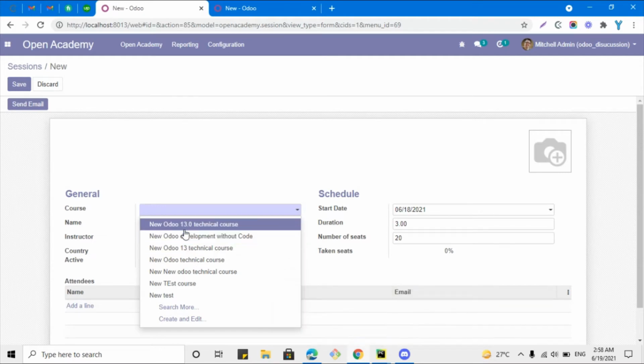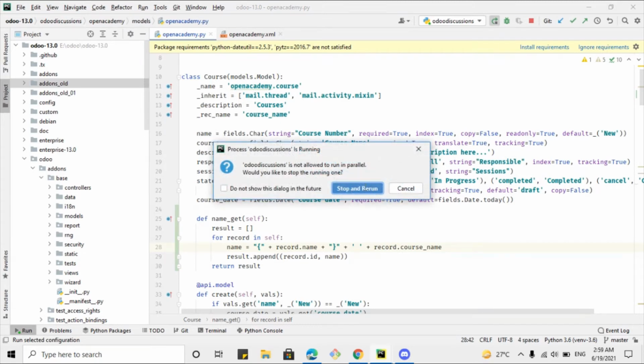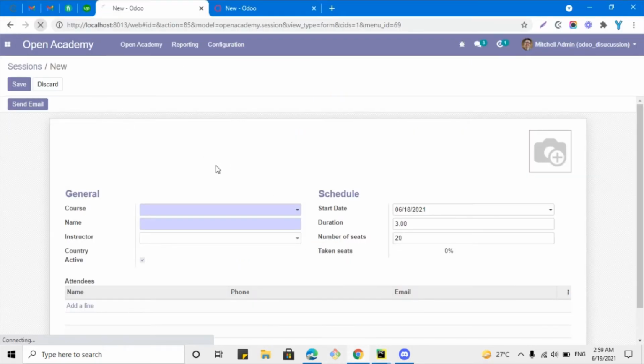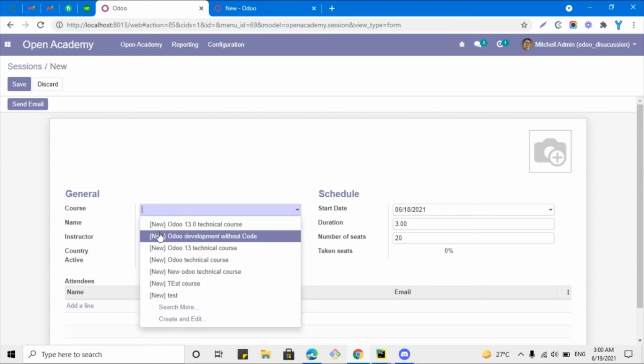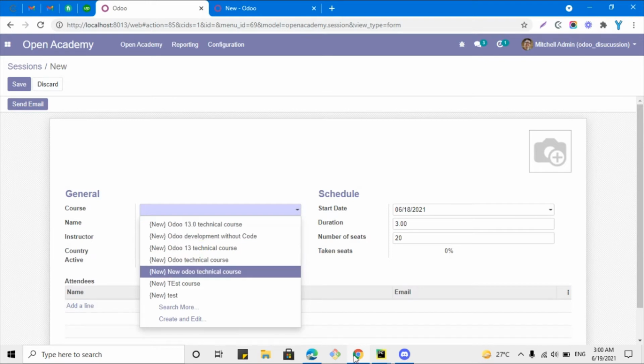And then I want to add some more string formatting. You can add it simply by doing this: concatenate a string with this, add a bracket like this one, and then add a plus sign to concatenate it, and then add a string, and then add this bracket. Let me restart the Odoo service, and then let's check what has been added here. After refreshing the page, let me select any course, and here we can see the bracket has been added and the reference has been enclosed in these brackets.